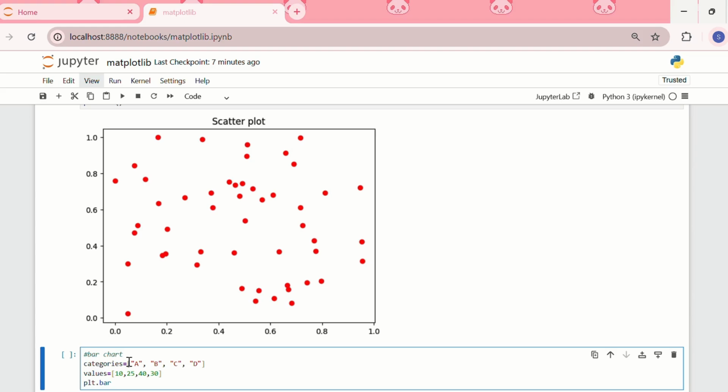Then I'll create a bar plot using plt.bar between categories and values, and I'll choose the color as green.